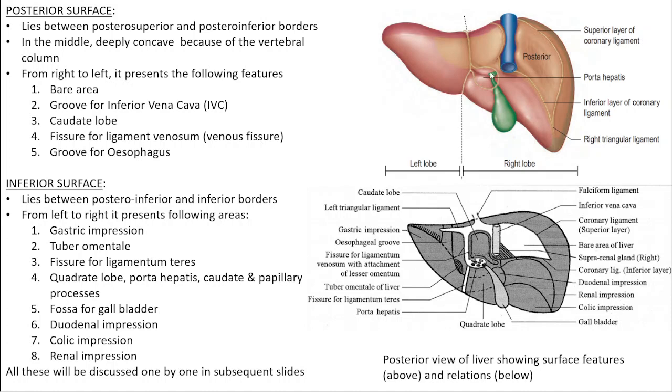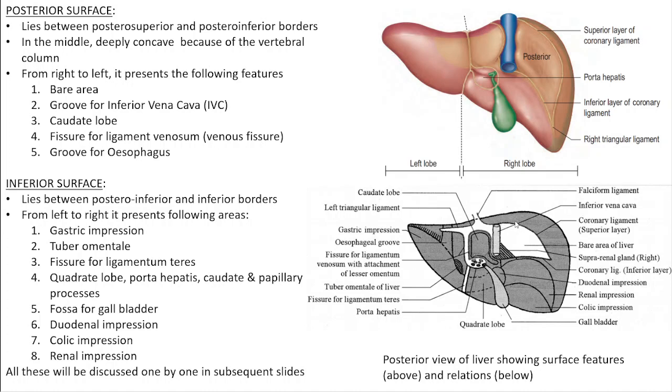So first of all, the posterior surface, if you see from the right side to the left side, it is going to be composed of, this area called the bare area. Bare area is something where there is no peritoneal covering. So one bare area we have already done on the anterior surface, that was lying between the two layers of the falciform ligament. One we have done on the superior surface also, between the divergence of the two layers of the falciform ligament. Then the largest bare area of the liver lies on the posterior surface between these two layers. These are called the upper and the lower coronary ligaments, or layers of the right coronary ligament.